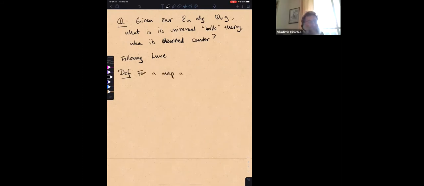For a map of EN algebras F from A to B, its centralizer, which I'll write as scripty C sub n of F, is the E sub n algebra